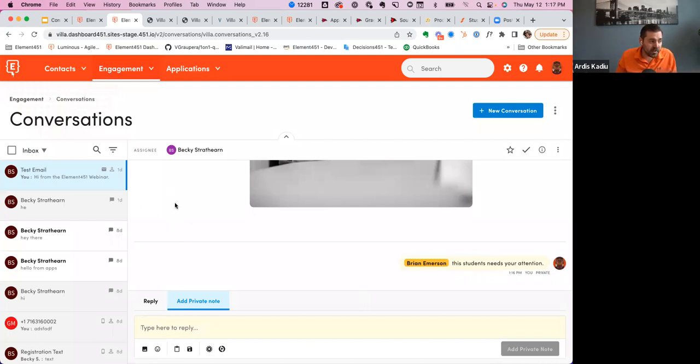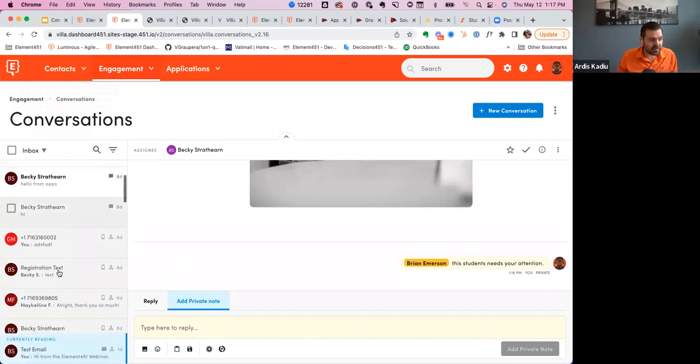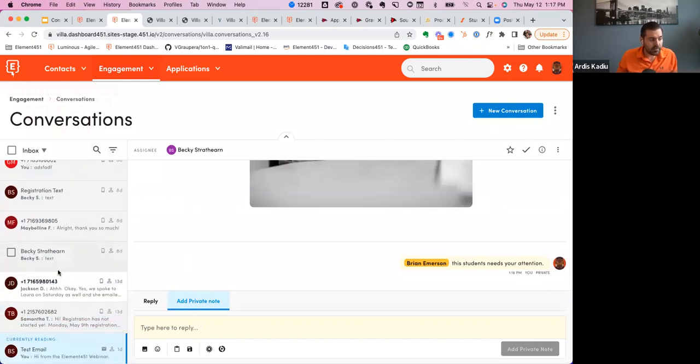So these are the enhancements to the editor. We feel like it's much cleaner, much faster. And some of the other enhancements you might have noticed in here is as I scroll down, if you have a lot of communications, we keep track of which one you're reading and which one you're actually on, so you don't lose that context.